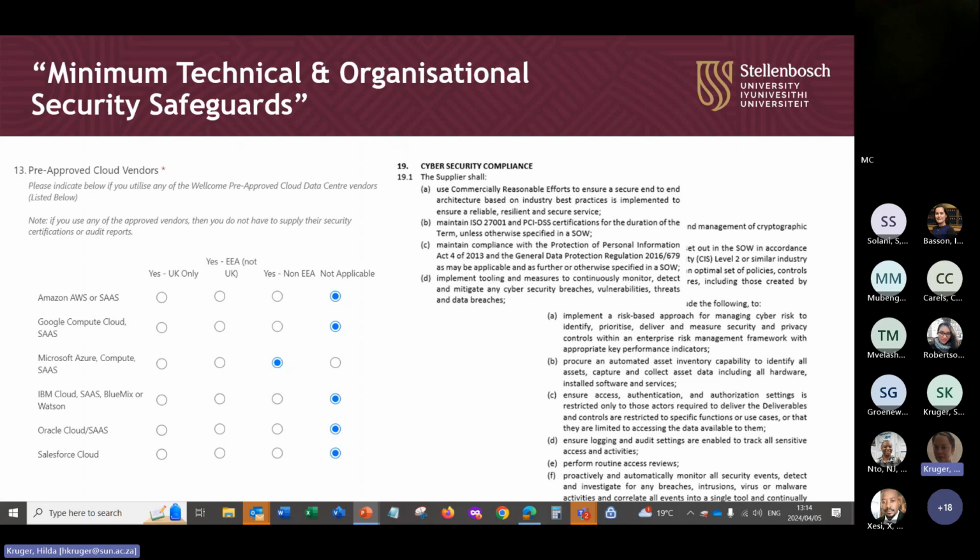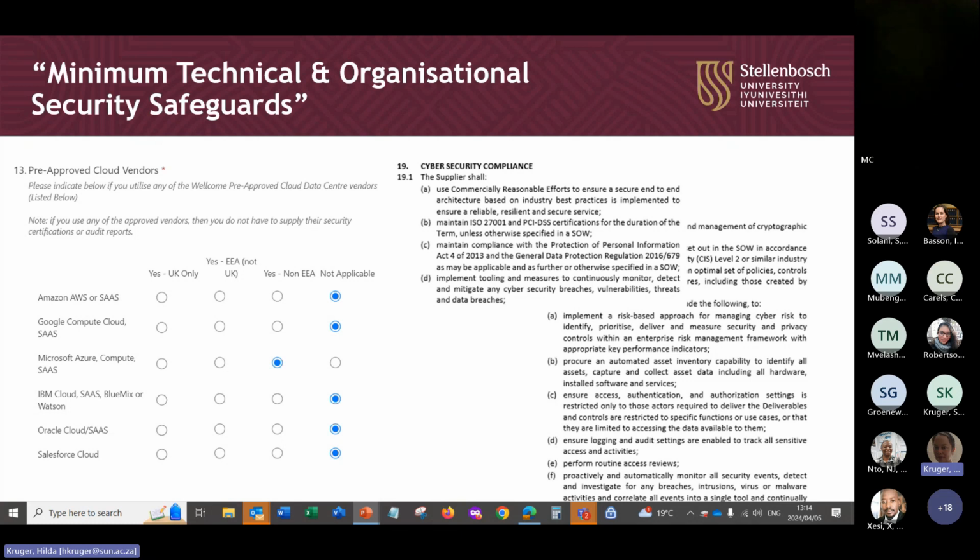We just call them security checklists, where they have to state how their data is secured and how it is made sustainable so that if they suddenly leave, the university still has access to that data. That's one of the key reasons why we encourage researchers to use institutional tools